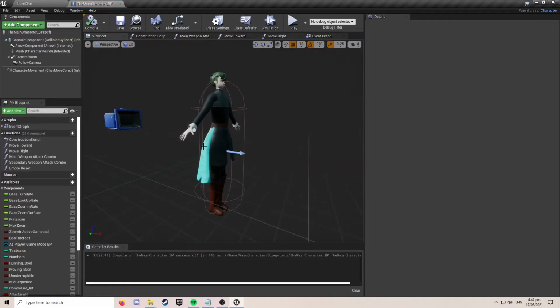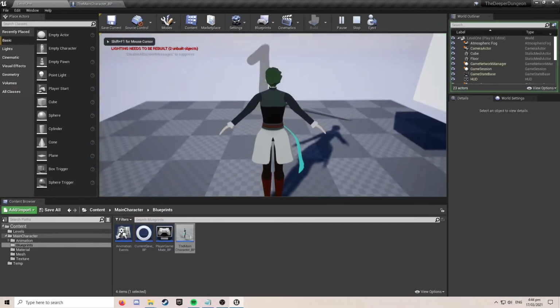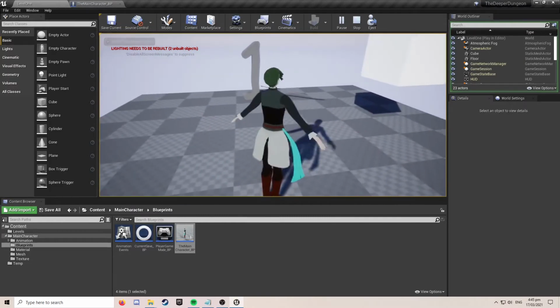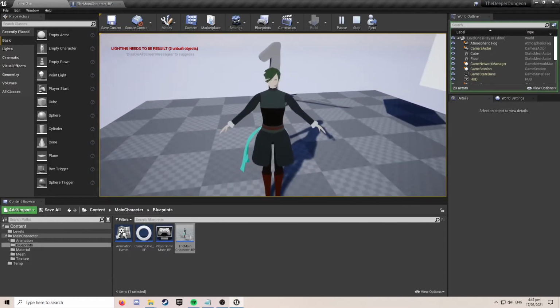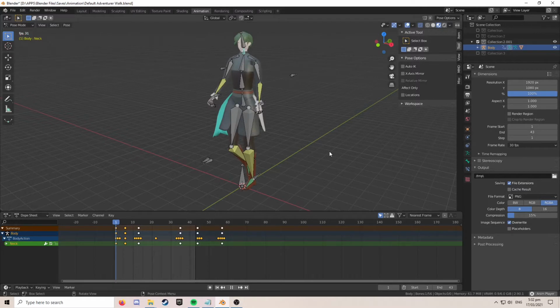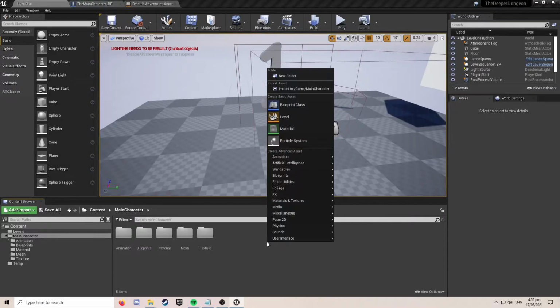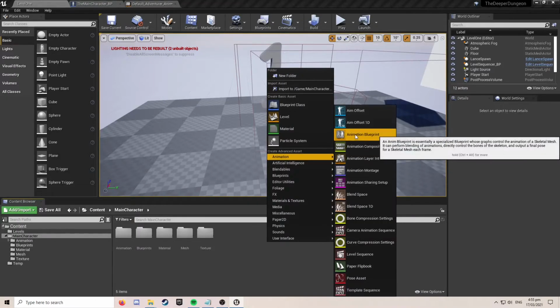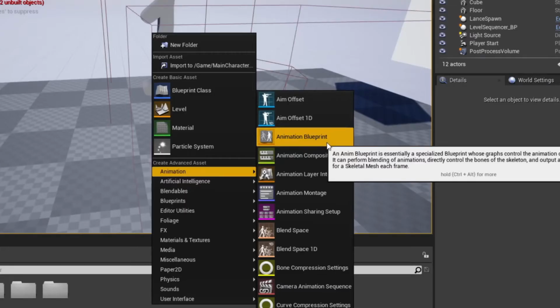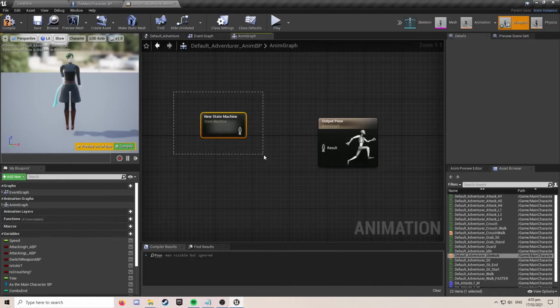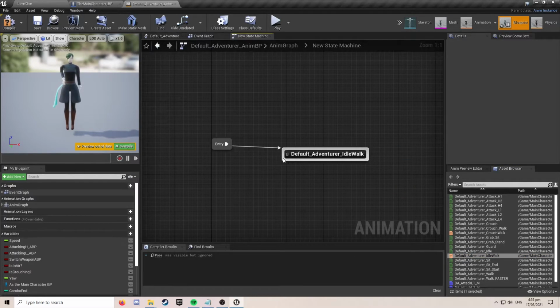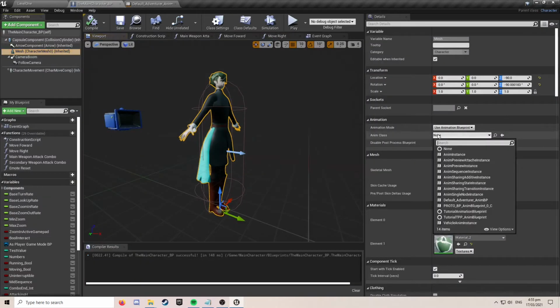Now we have the model and you can see the first problem. The final product shouldn't look like this, so let's add an animation. When you have an animation, to connect it to the character blueprint, we have to make an animation blueprint for it. Make a state machine, put the stuff in there, then set the animation blueprint that was made in the